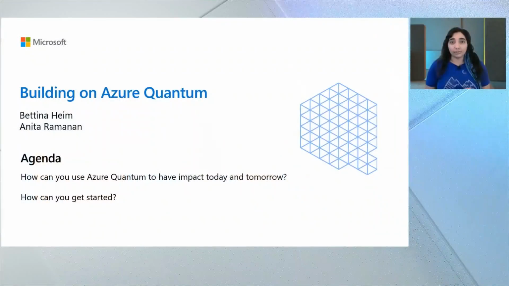I'll cover this technique in a little more detail later, so I won't go into too much detail now. But today, really, I'm hoping to share some of my enthusiasm for quantum computing with you as I give you a sneak peek of what we've been building for you. So in this session, you'll learn more about where quantum can have real impact today, how to start writing quantum code, and how to run applications against a range of both quantum and classical hardware using Azure Quantum. No prior quantum computing knowledge is required, so let's get started.